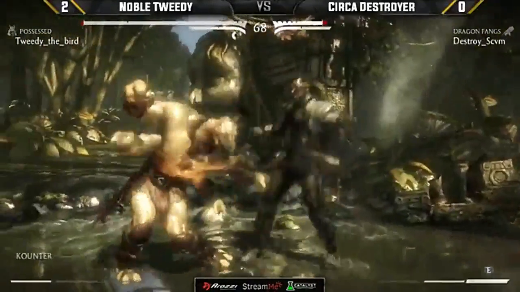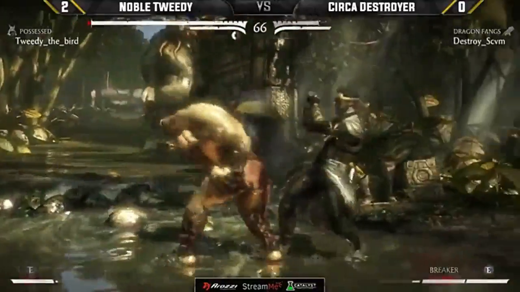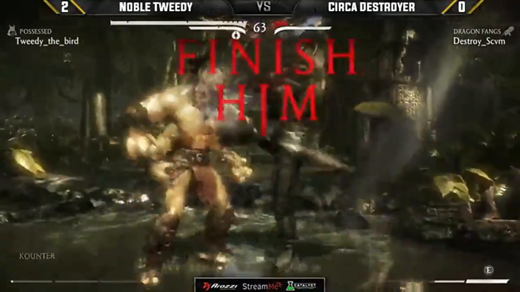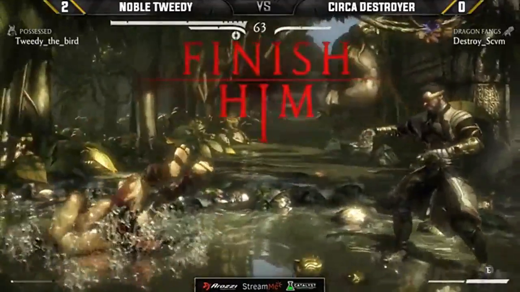Anti-airs, staggers, all of them. Here we go, the plus frames. And he's just going to EX armor out. There's nothing you can do about that. Tweedy with an absolute...